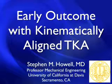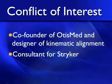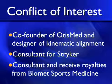knee arthroplasty. In terms of conflict of interest, I'm a co-founder of OtisMed and a designer of kinematic alignment for total knee arthroplasty. I'm also a consultant for Stryker Orthopedics and a consultant and receive royalties from Biomet Sports Medicine